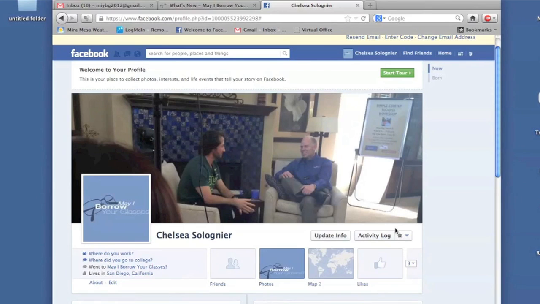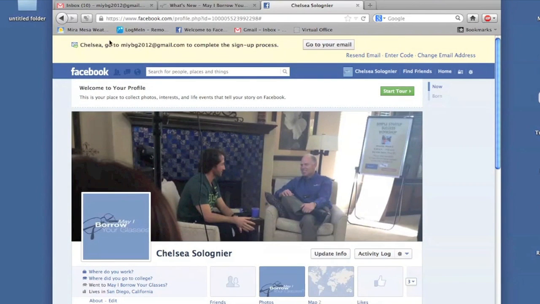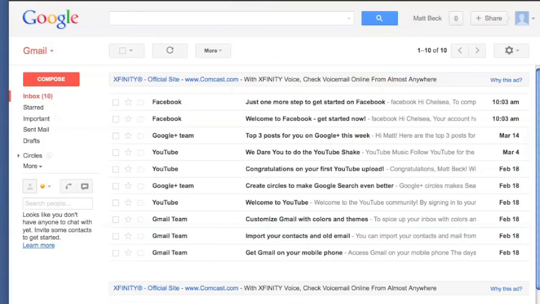And now what we're going to do is go to our email account and confirm this Facebook profile. That's the last step in setting up your Facebook account, and it will keep on reminding you if you forget it. It will always have this little update at the top of your Facebook account reminding you to confirm it. So we'll click over to our Gmail account,